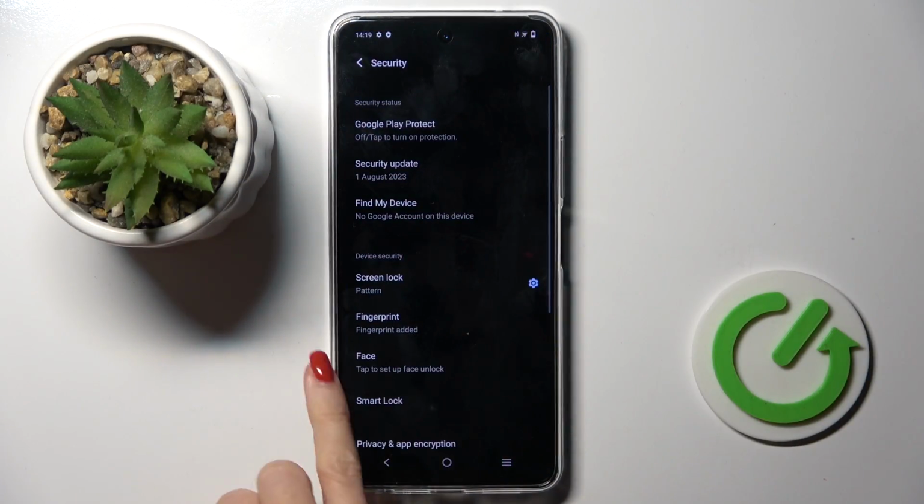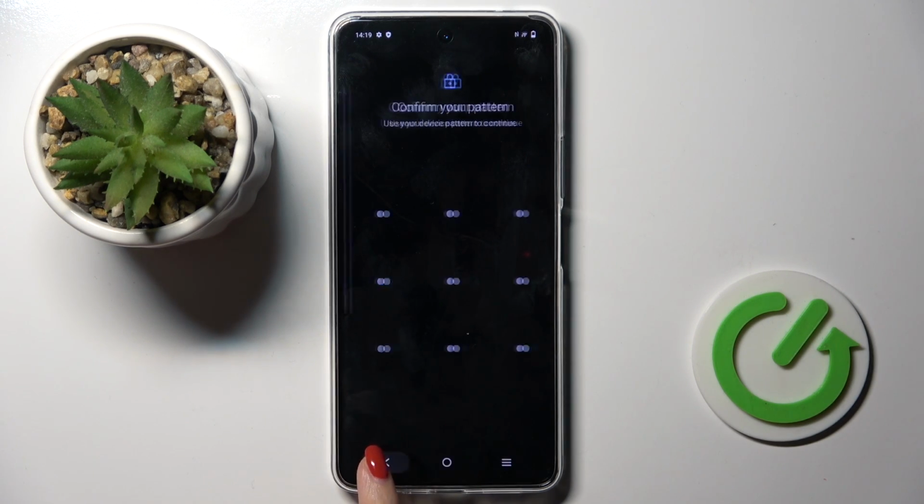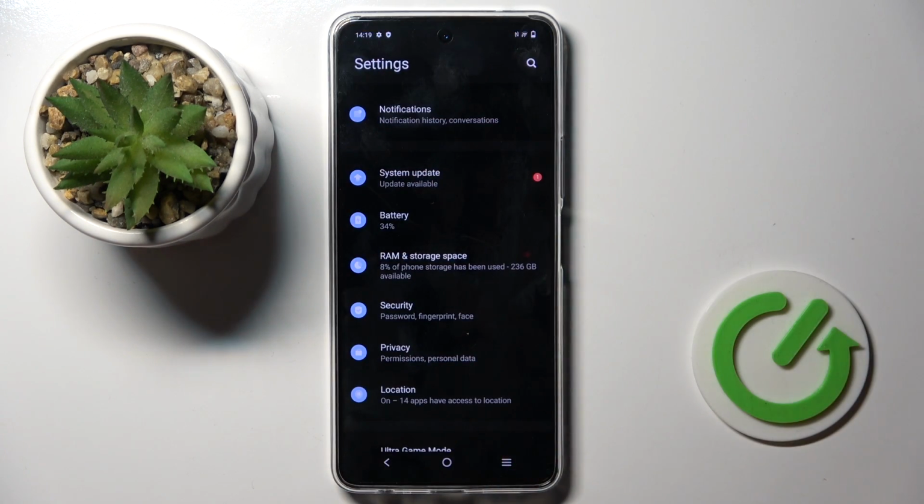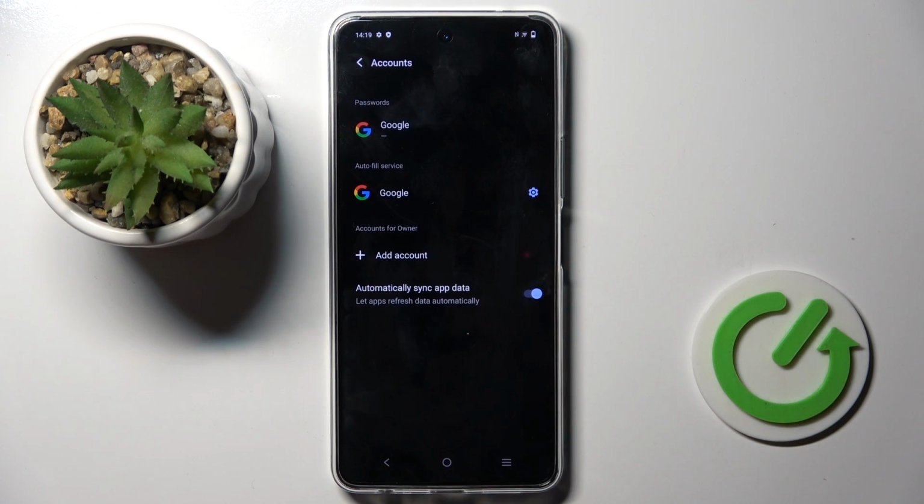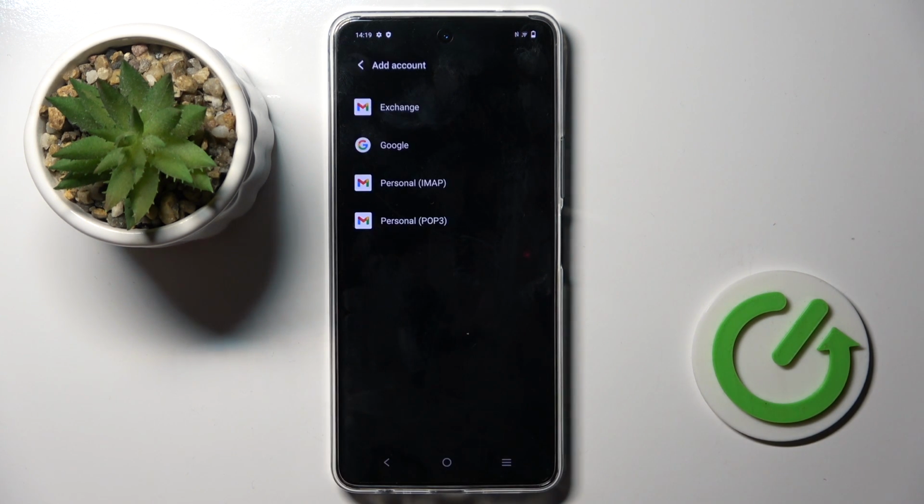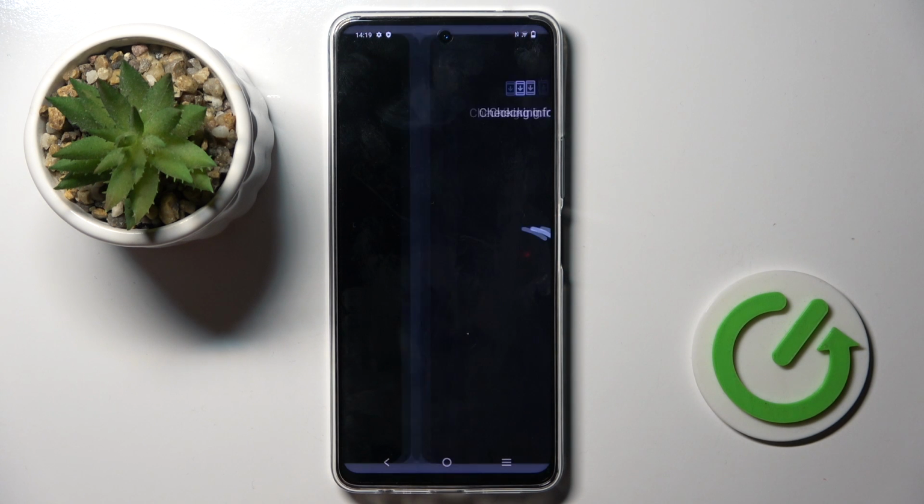At first, open the settings. Then from settings list, select accounts right here and click on plus icon to add account. Now select Google